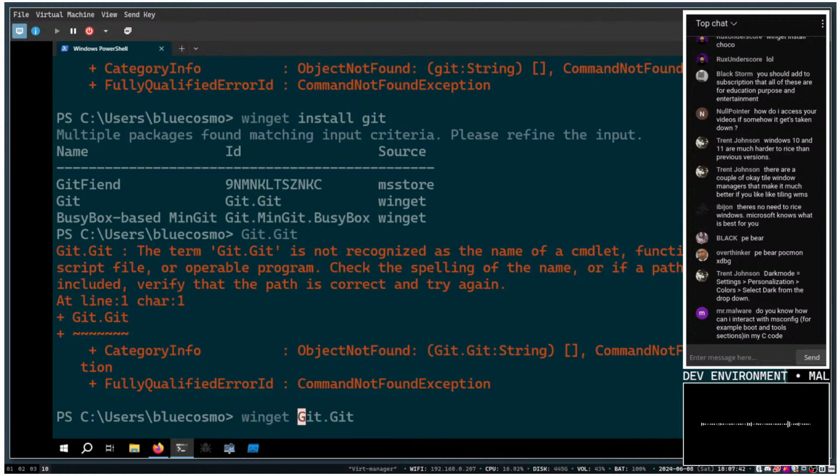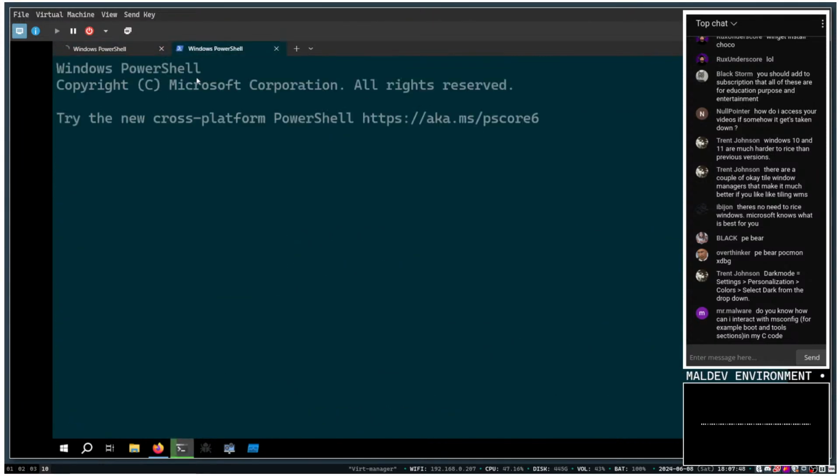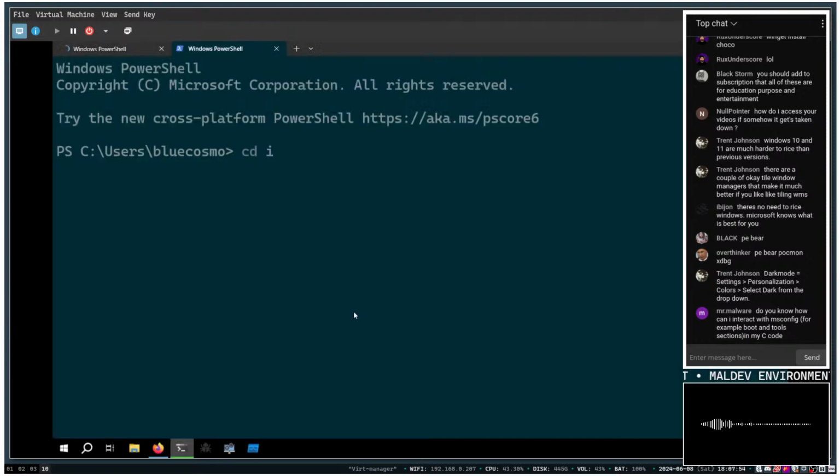So winget install git.git. Now over here, let's open up CD into, oh my gosh, yes. CD into development, toolbox, installers,